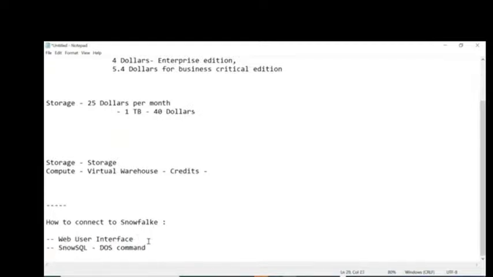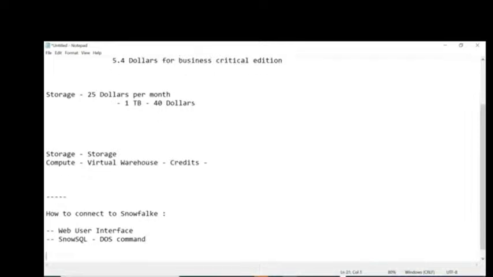Now we'll see how to create the Snowflake account. Fine. You need to follow the steps and create it yourself. And then we'll explore what options are available in your Snowflake account. Then go to